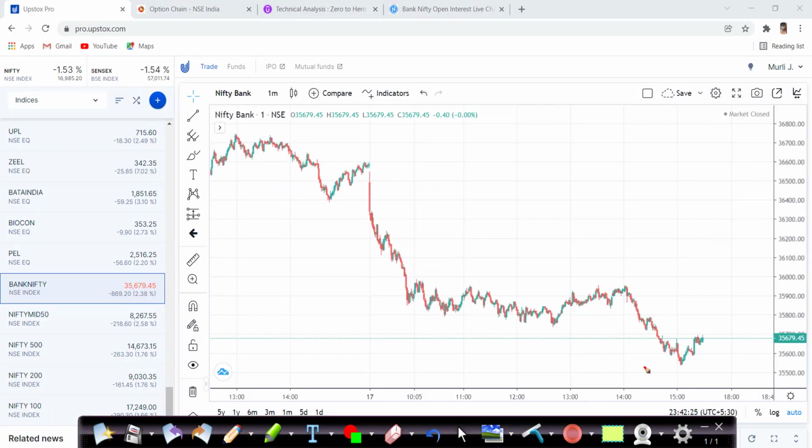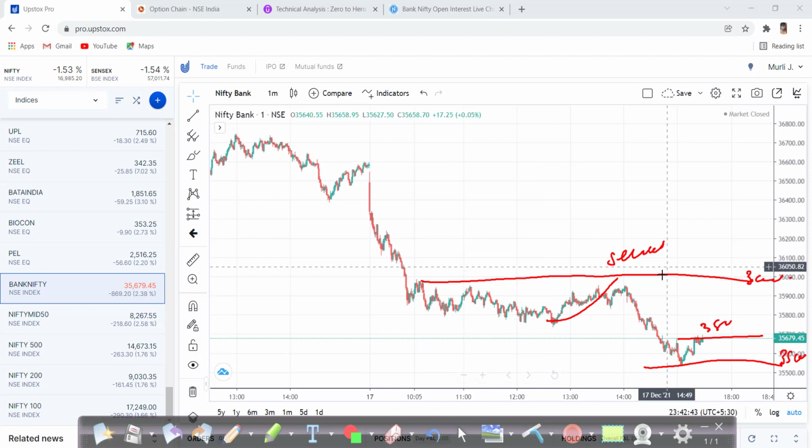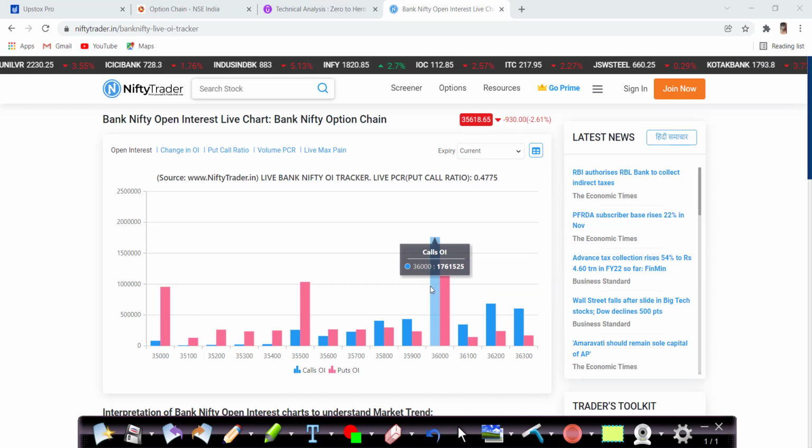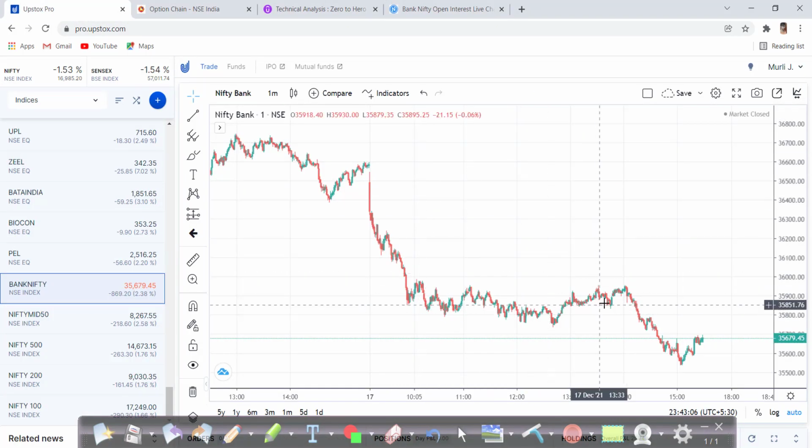Suppose the market is taking support here, which is around 35,500. Now this is 35,700. This is 35,000. This is the 36,000 level. Now what is the logic? Now the market is here. Here more sellers are active. Why am I saying more sellers are active? Because here I am getting 36,000 as strong sellers. You will get the value as well, like 17,61,000 are sellers and 11,34,000 are buyers. Obviously sellers are more active here, interested to sell and short the market here. Now this will act as a resistance, the market will fall.